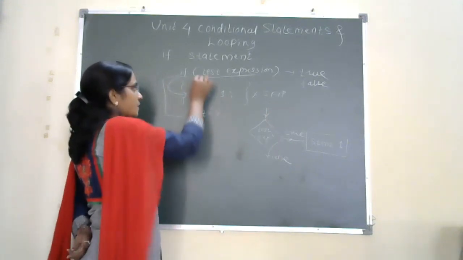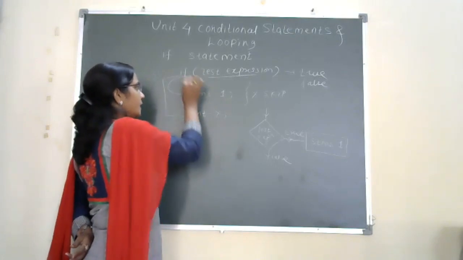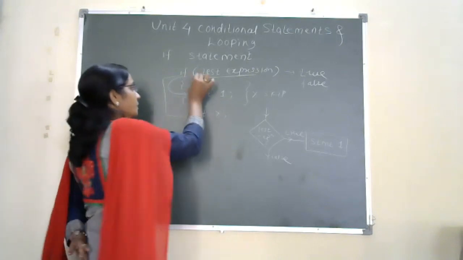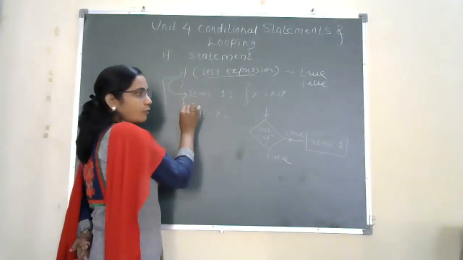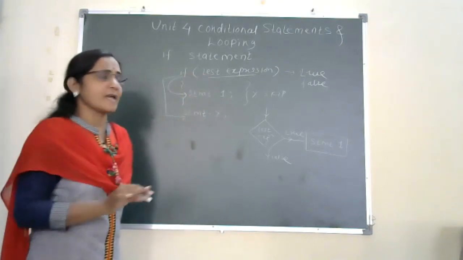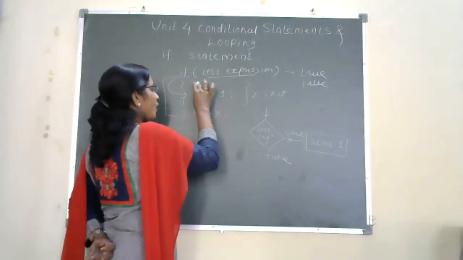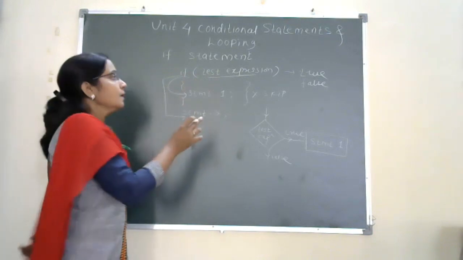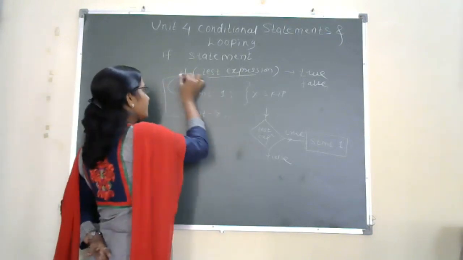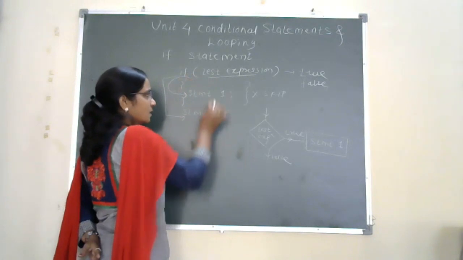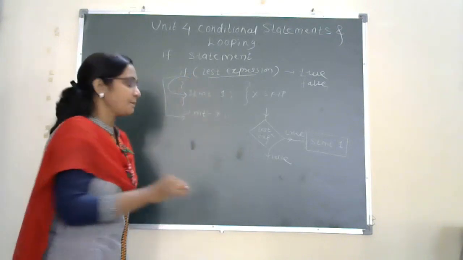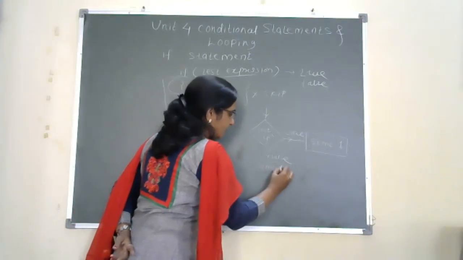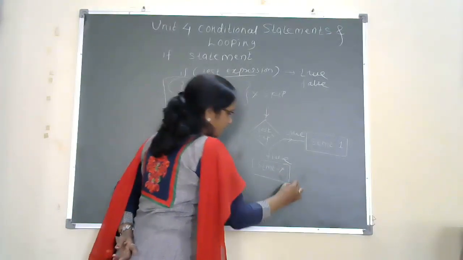Sequential flow means the program evaluates or executes all the statements one after another: first statement, then second, then third, then fourth, and then fifth. But in this case, I want to skip all the statements available in the statement 1 block. If the condition becomes false, it directly jumps to statement X. This statement 1 block will be skipped, and statement X will be evaluated directly.